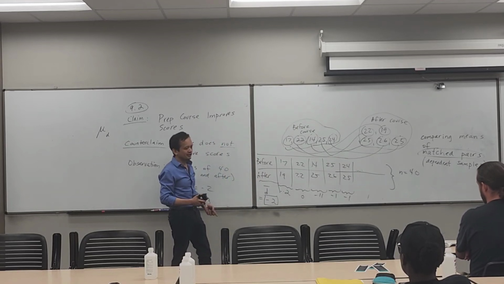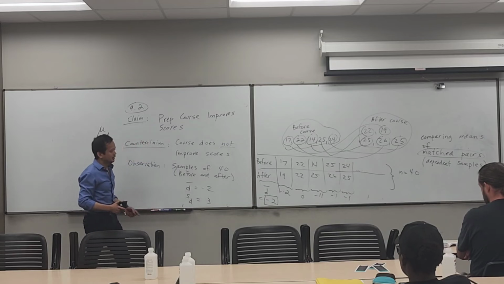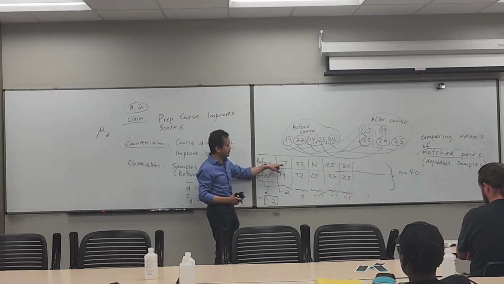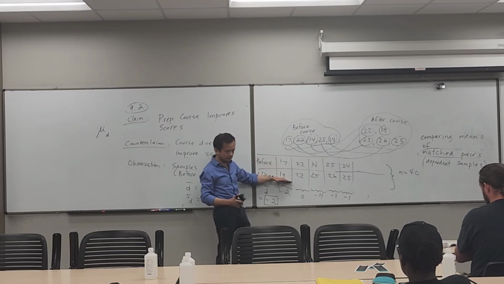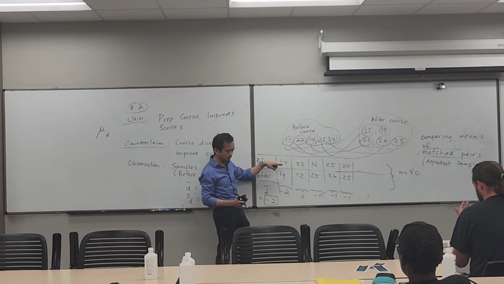If that actually improves scores, that means that on average, the before number will be lower than the after number. And so the before number minus the after number, if the before number is less than the after number, then you should get a number that is